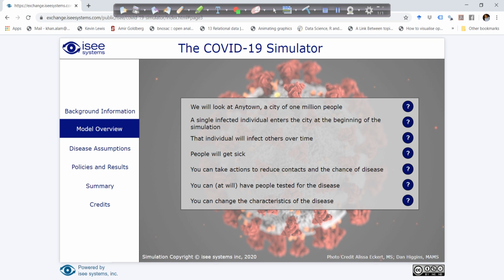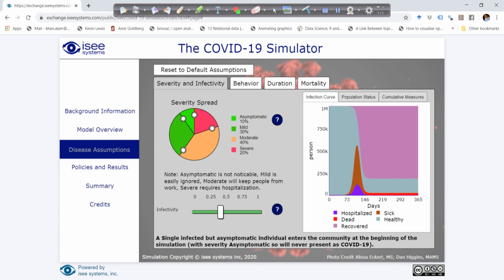Now, people will get sick. We can take some actions to reduce contacts and the chances of disease. And also, we can play around with different situations of people getting tested, different rates at which people are getting tested, and also look at what if the nature of the disease changes over time. So first of all, we will look into how the disease assumptions look like